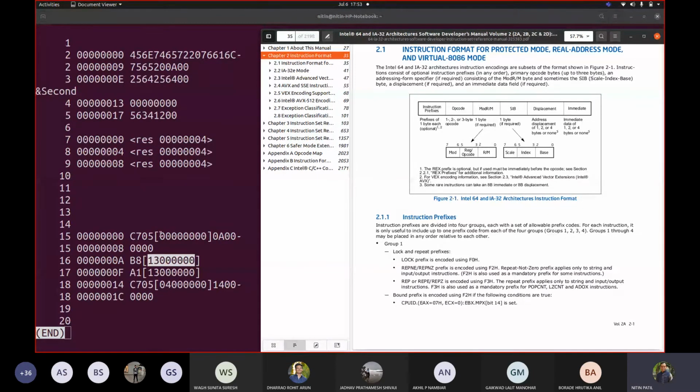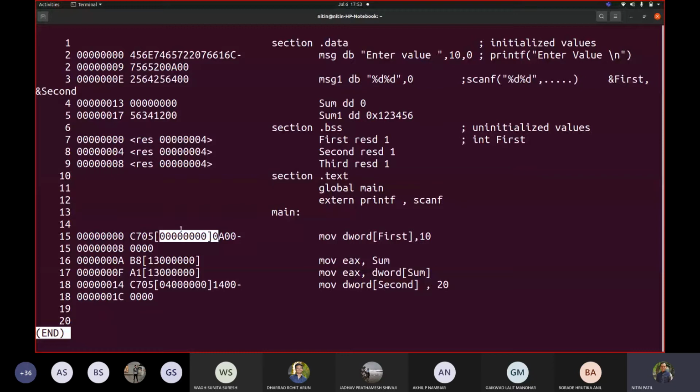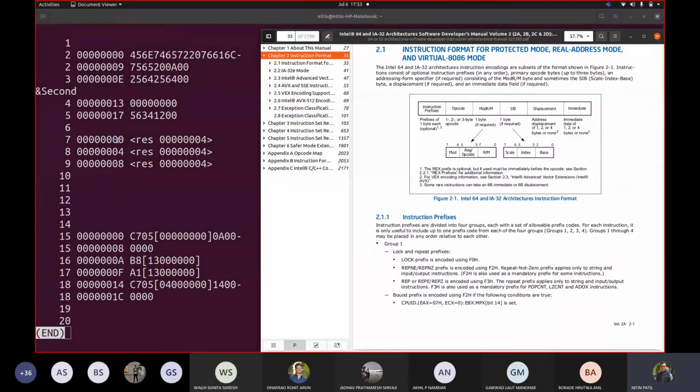Whenever you are translating this to assembly, you may not write this first. Here you know that it is first, but when you see this code, can you tell me which is first and which is second? Probably no, if you don't have the source code with you. If you have the source code, definitely you can see the code and tell me. But your first and second names are gone now, because they are represented by the addresses.